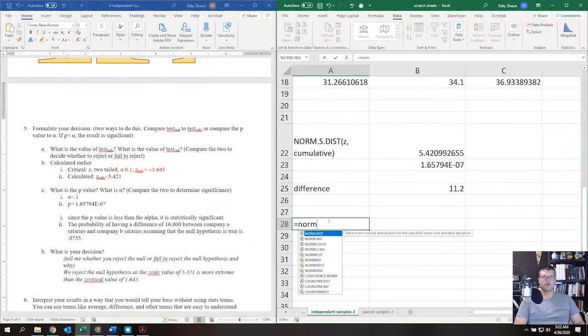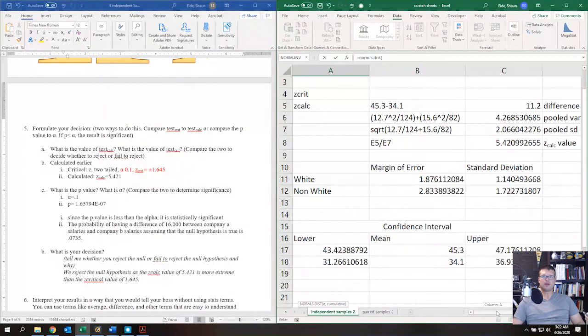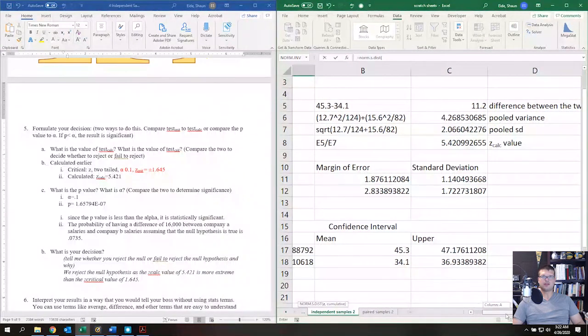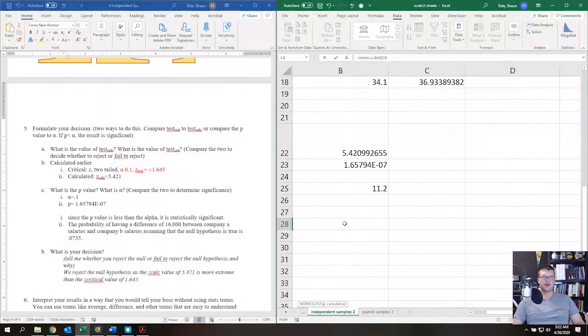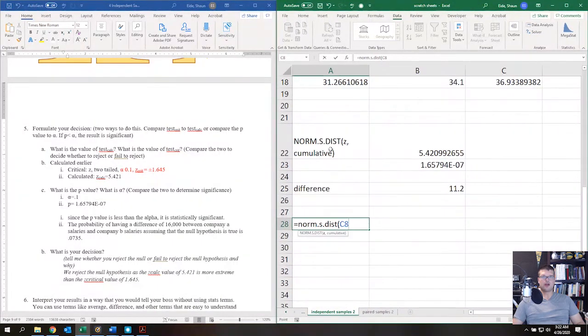Equals NORM.S.DIST. And then we need to put the z value. And remember, we calculated the z value earlier right up here. Where is the z-value? Right here. So we've got the z-value. And then after that, we need to put in whether we want a cumulative or the probability density function. So I'm going to put false for the probability density function,